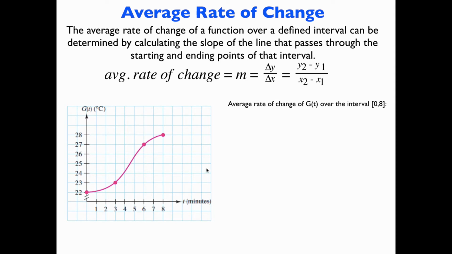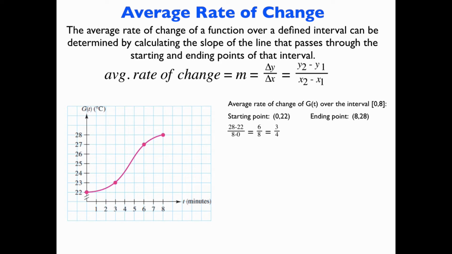All right, so let's see. What is the output when the input is 0? At 0, we have an output of 22. And at 8, we have an output of 28. So how does this function go from 22 to 28 over the course of 8 seconds? Or I should say 22 degrees Celsius to 28 degrees Celsius over the course of 8 seconds. So our starting point is (0, 22), our ending point is (8, 28), and all we have to do is